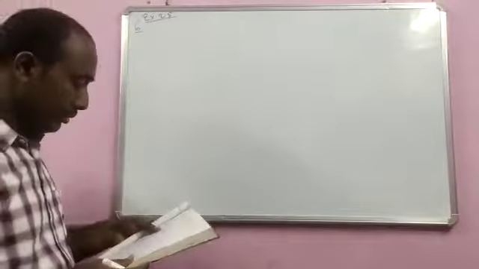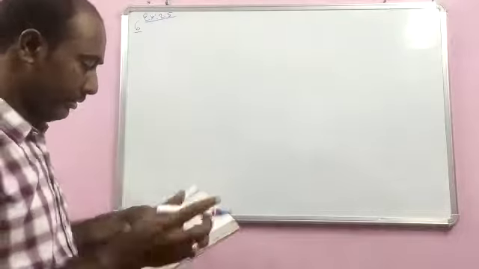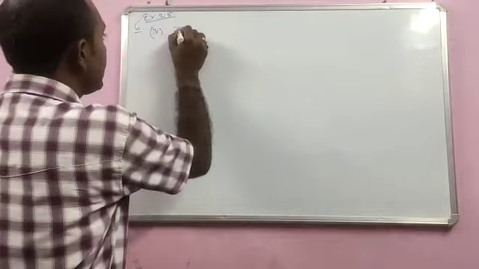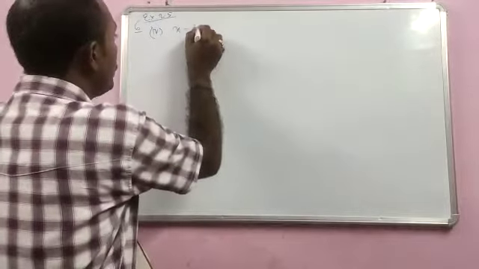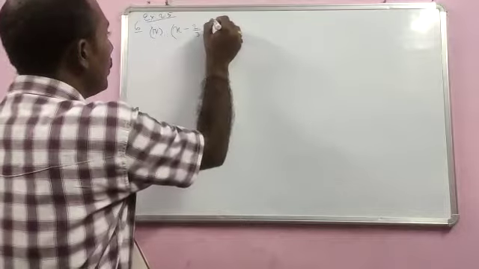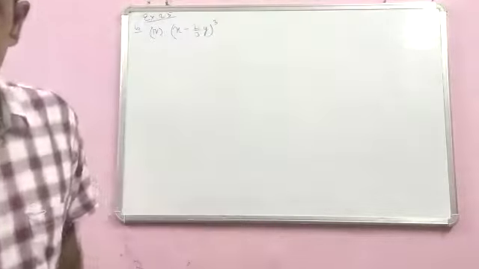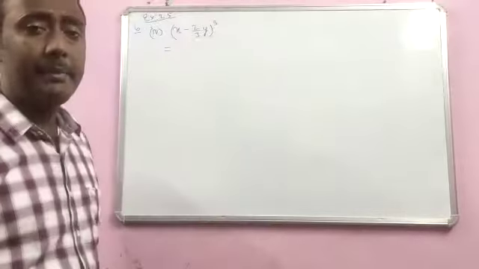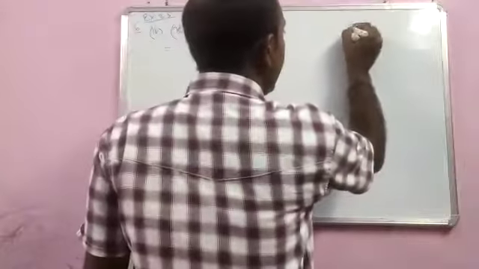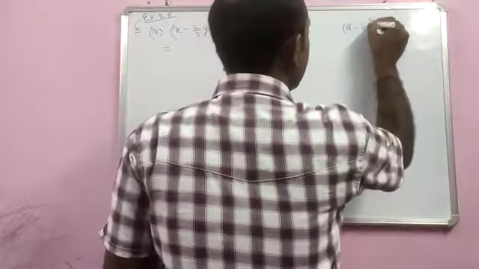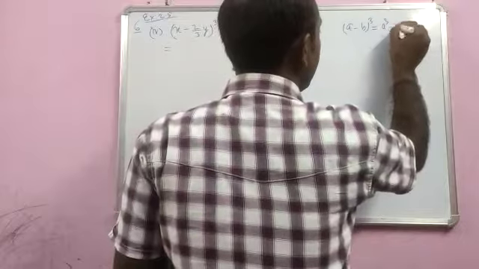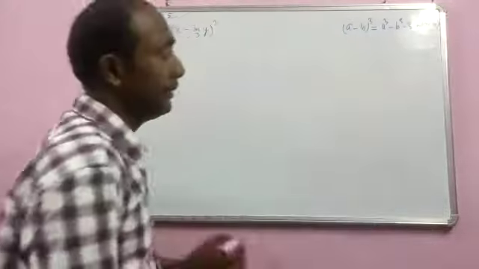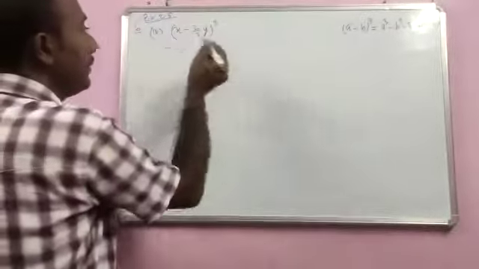Here the question is to write the cube in expanded form. So let us go for the fourth part. It is (x minus 2 by 3y) whole cube. So we have to write its expanded form. It is quite clear that it is in the form of (a minus b) whole cube, and the formula is a cube minus b cube minus 3ab into (a minus b). So here we will use the same formula.